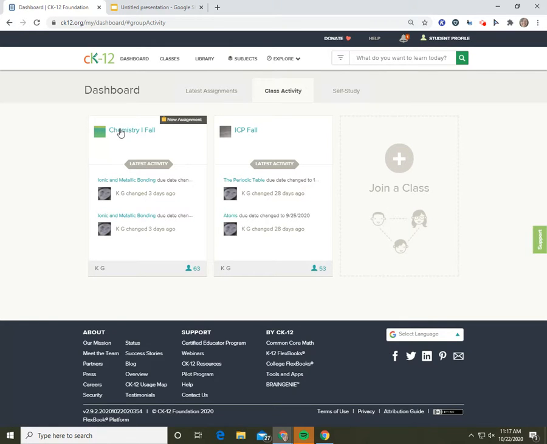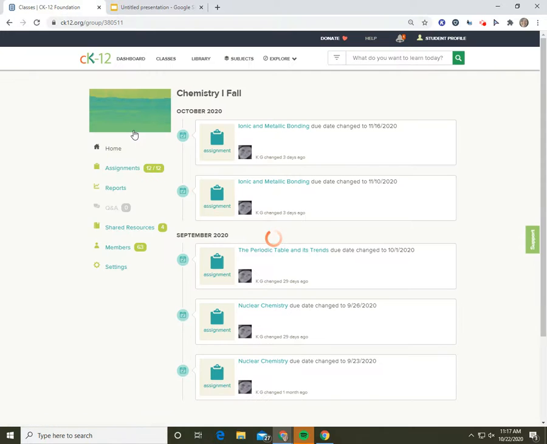I'm going to model through the chemistry class, but the ICP class would have a very similar look and appearance. These are just different things that have happened throughout the day. I've changed a couple of dates to make it more appropriate for what we're doing in class. If you go to your assignments